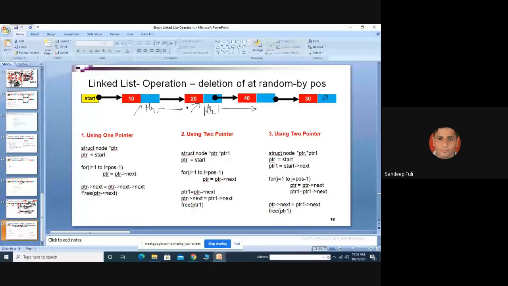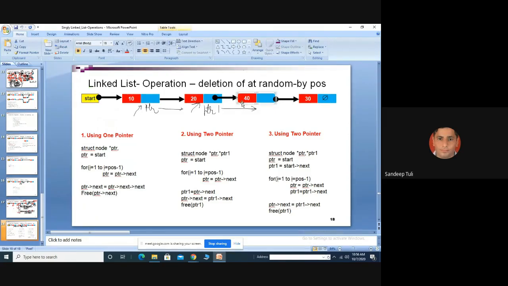So because of these major drawbacks, we have another kind of linked list, that is doubly linked list, in which we will be able to traverse in both directions, from left to right or right to left. I can move on to the next node, and I can also move on to the previous node. For that, what do we need extra? One more pointer. Two pointers. One in the backward direction.